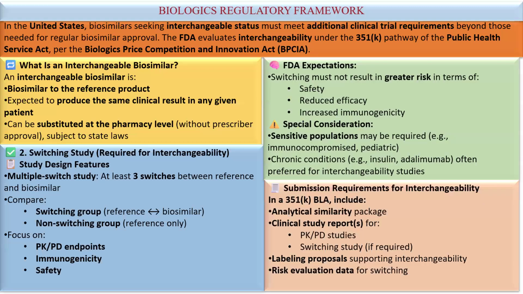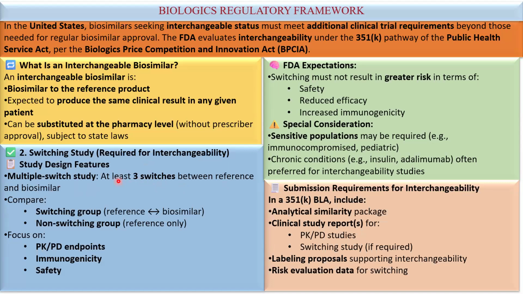Yes, so here I explain. Are you able to see the slide? When you are talking about switching studies, when you want to claim an interchangeable biosimilar, you file for a product identified as a biosimilar that is already approved or maybe ongoing. Additionally, we generate data called a switching study, which is required for proving interchangeability. The study design is a multiple switch study, with at least 3 switches between reference and biosimilar. So 3 times we have to eliminate the reference product and switch to our